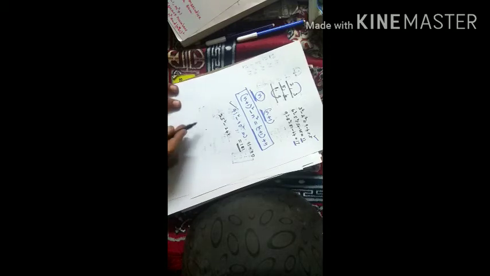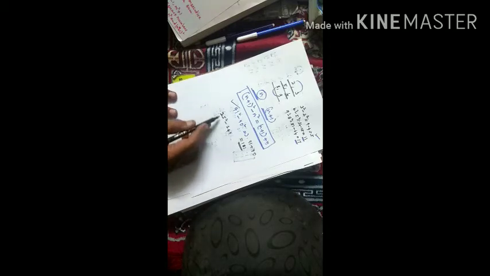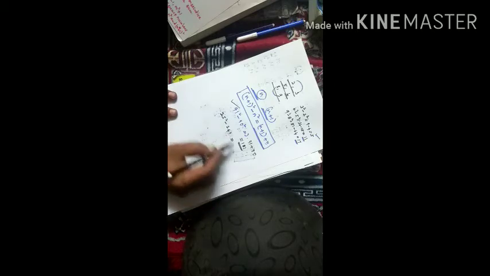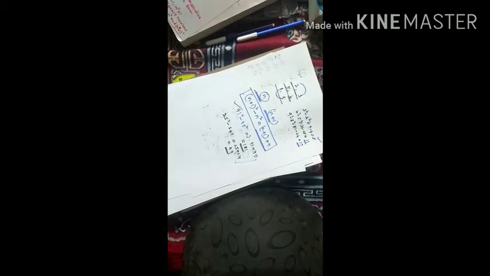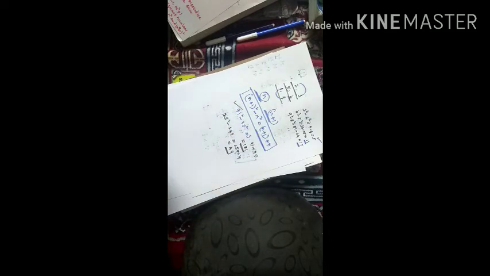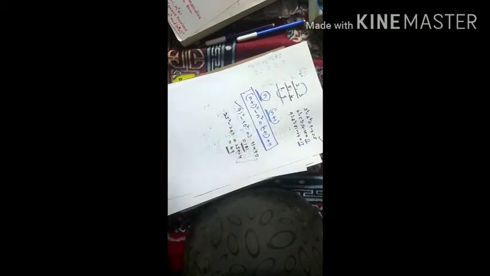So 25 and 24 are both consecutive numbers. Their difference is equal to the sum of these two numbers, meaning 25 plus 24, that is equal to 49. You can write the answer directly. So this is the sixth property. Once again I will read that property. The difference of squares of any two consecutive natural numbers is equal to their sum. So this is very, very important.